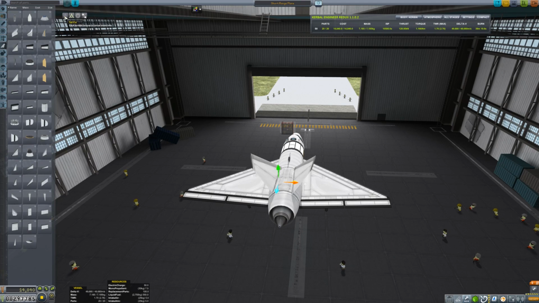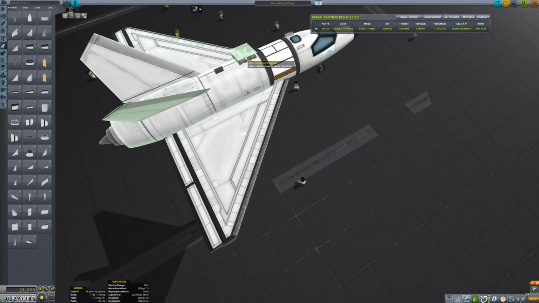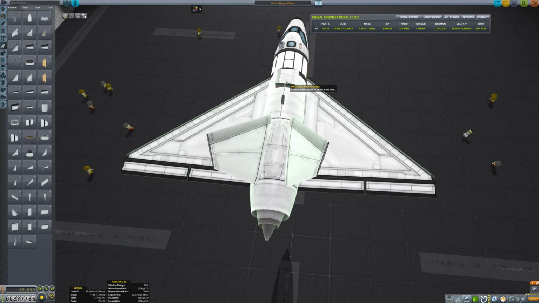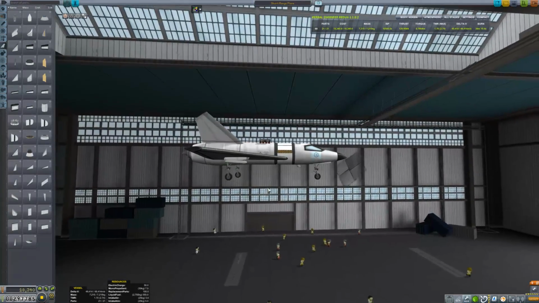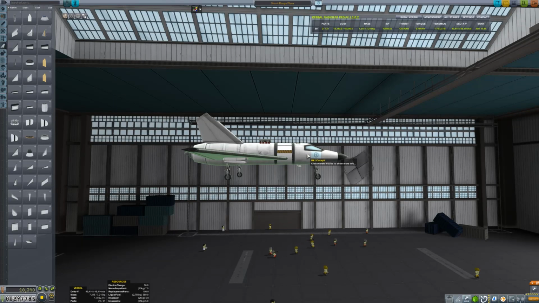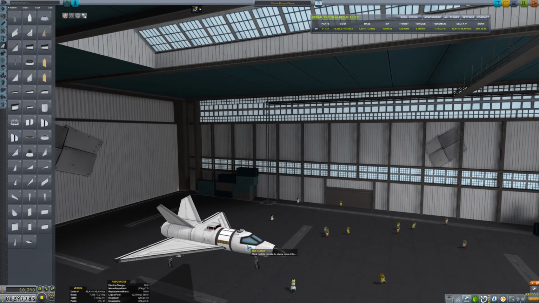Awesome. I'm not sure how that nacelle works in terms of giving me air, but I'll take it. Do that, and then move this to there. Okay, same plane as before, I think. We do have a little bit of difference, I think, in our wheels again. But I think that...